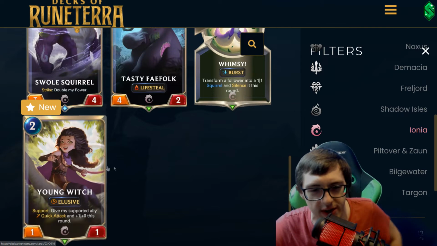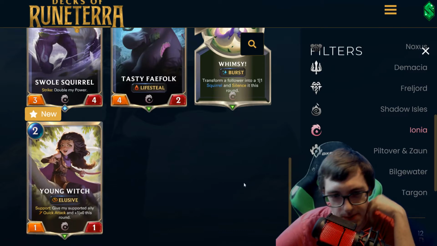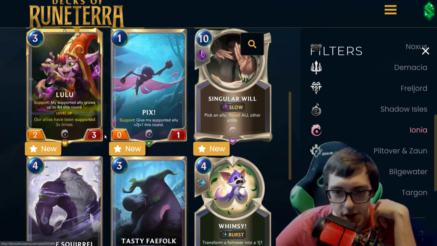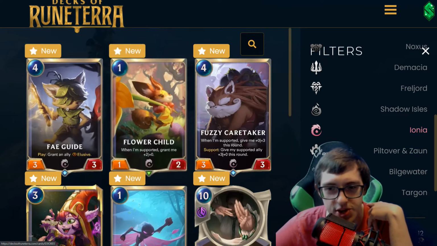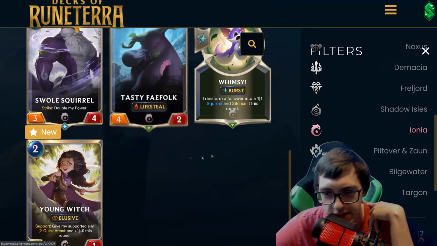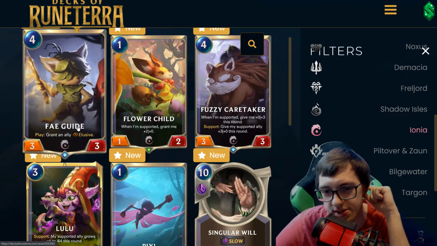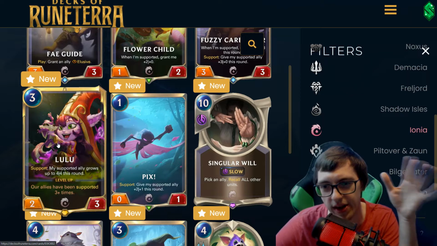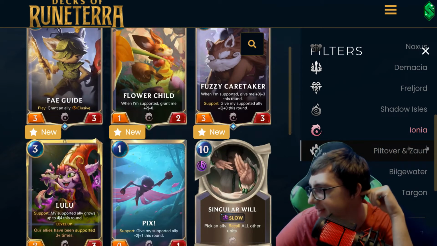This granting quick attack, hitting a young witch to 4/4 is amazing, right? So Pix being a 4/4 is also amazing. There's a lot of good stuff you can do, but we'll see how viable it actually is. I think it might be a little bit slow. It looks slower than it actually is. That's the problem. The thing that's not slower than it actually is